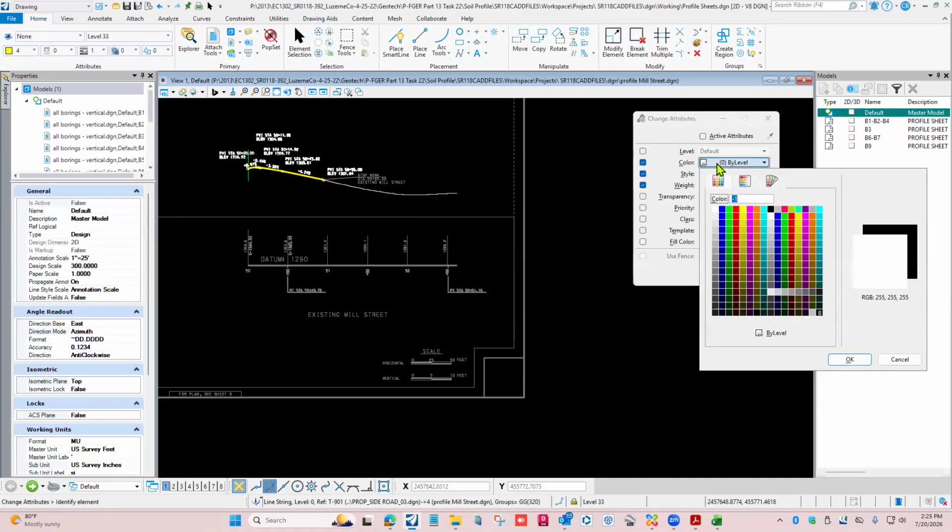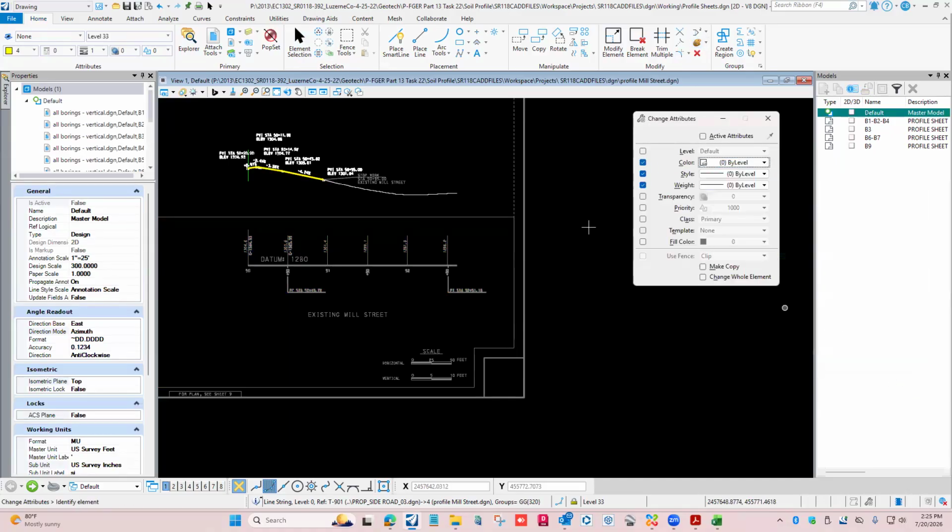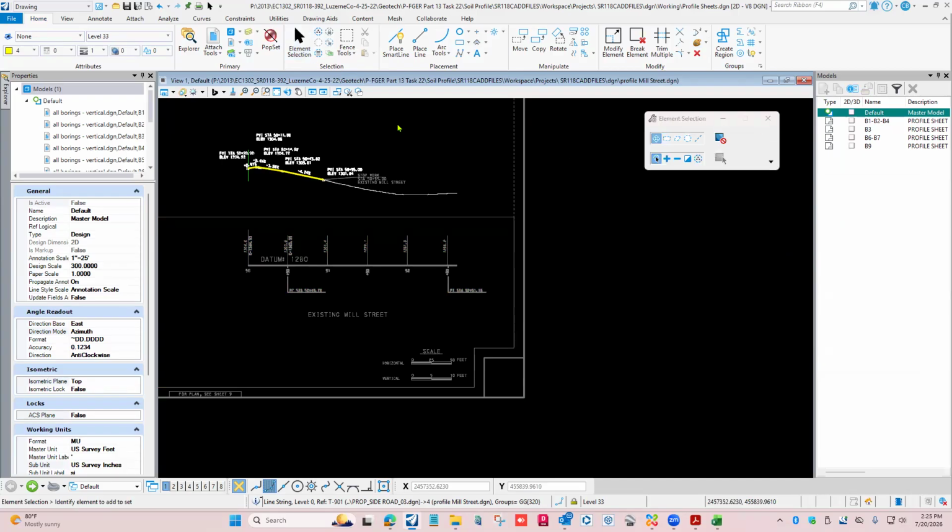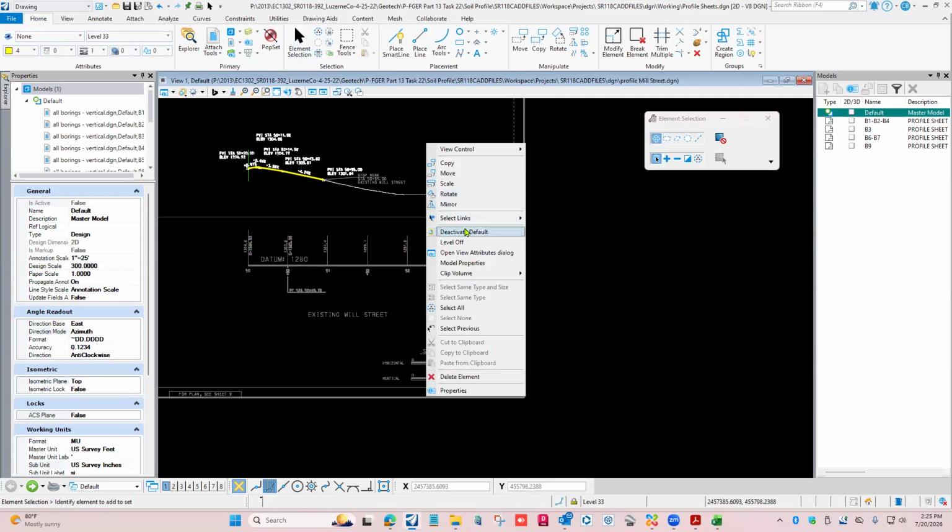Now, did it read the color? Yeah, see, now that got it. So it just needed to be reloaded or given enough time to do it. So now we'll set